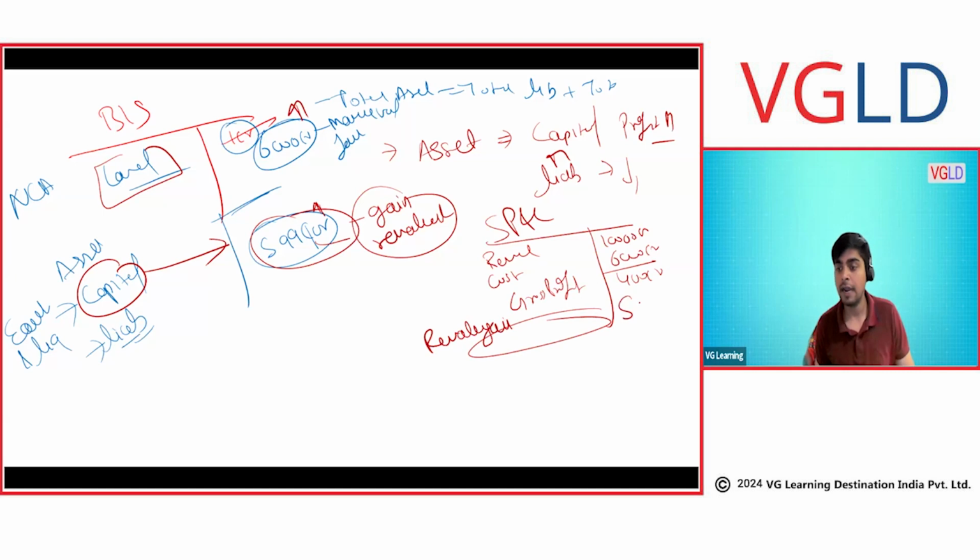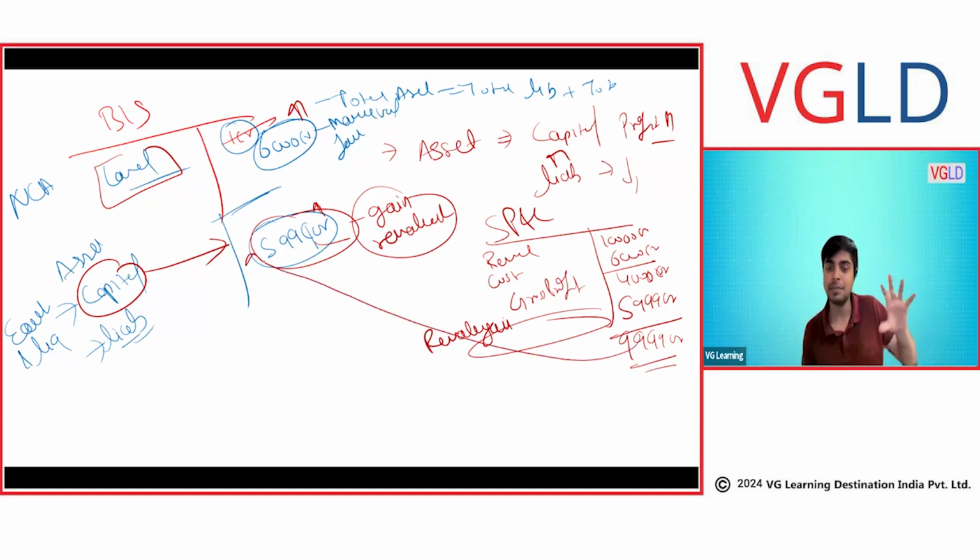of this 5,999 crore, and this would basically make the profit 9,099 crore. Okay, and this is where it goes to capital. I hope now it is making sense that this profit basically goes into the profit for the year, and that is why this is going in the capital. Making sense now? Anyone? Any doubt?